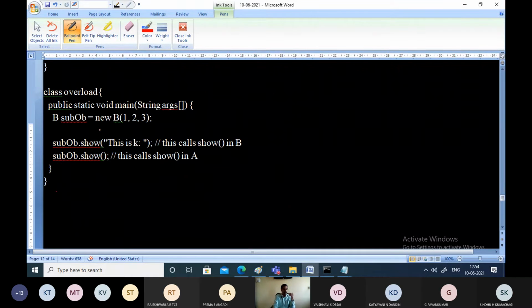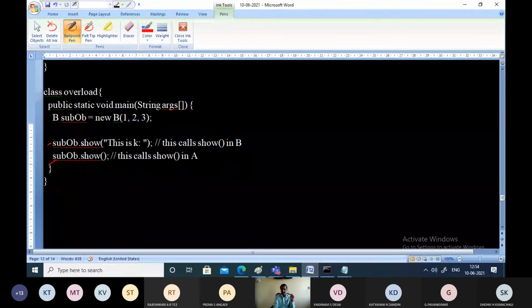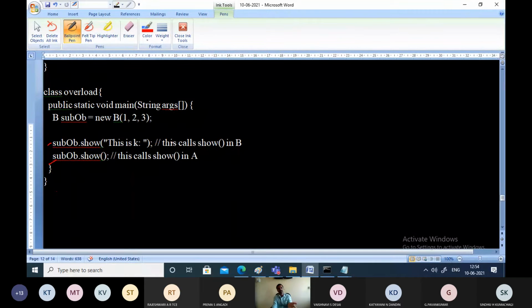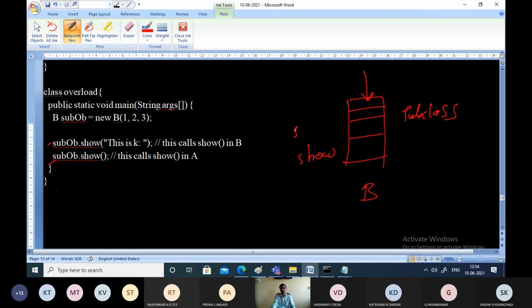What happens here is, from the subclass, we are calling two methods now, because we know the previous example is being considered. The subclass, B, has two versions of show now. One version from the superclass, another version of its own. But its own version is taking one string parameter. So based on the parameter, the corresponding definition will be called.